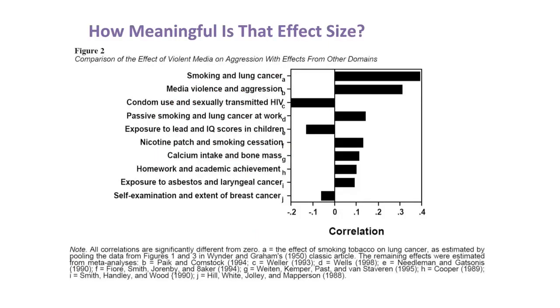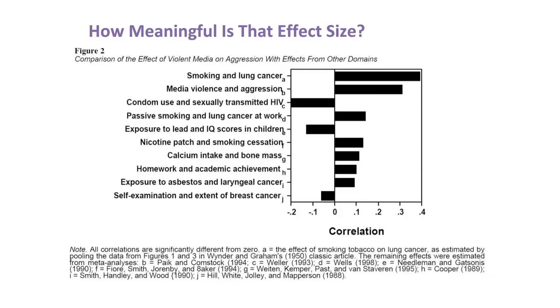So this figure is asking you, how meaningful is that effect size? So we've been talking about correlations for a while now, so maybe you have a correlation of 0.2, 0.5. What does that mean? Cohen gives us some guidelines for what's a small effect size, medium, large effect size, but in everyday practice, what does that really mean? How important is this? And so that's what this graph right here is giving us.